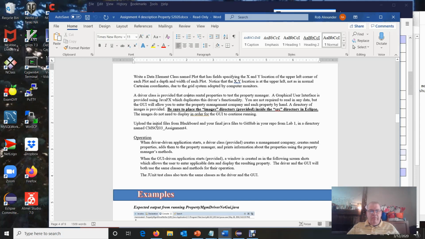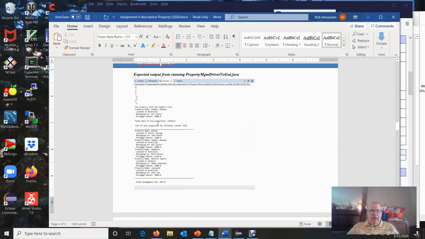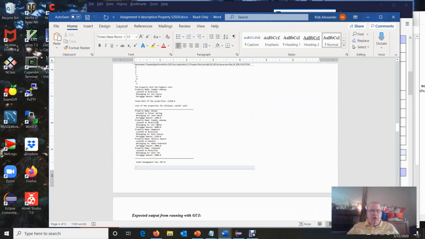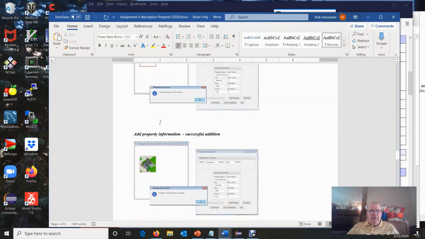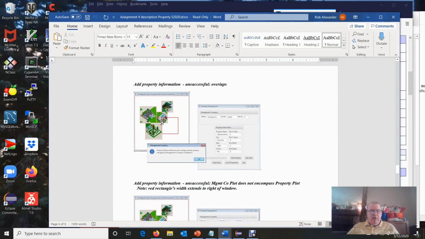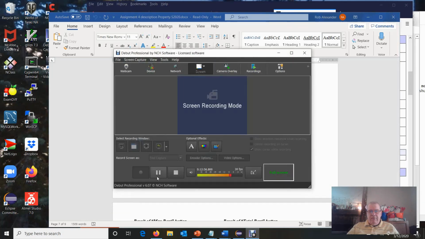They don't have to be displayed in order for the GUI to keep on running. So you saw me execute it, and there are a number of example screens in the slides. And that's the basics of